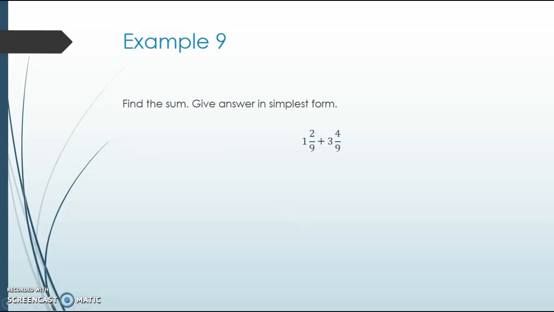So with our first example, we're going to find the sum. We have like denominators. My way is that we change these mixed numbers into an improper fraction. So we're going to do 9 times 1, which is 9, and then 9 plus 2 is 11, so we have 11 ninths. Then we change our 3 and 4 ninths: 9 times 3 is 27, plus 4 is 31, so we get 31 ninths. Because they're like denominators, we can go ahead and add our numerators, so we end up with 42